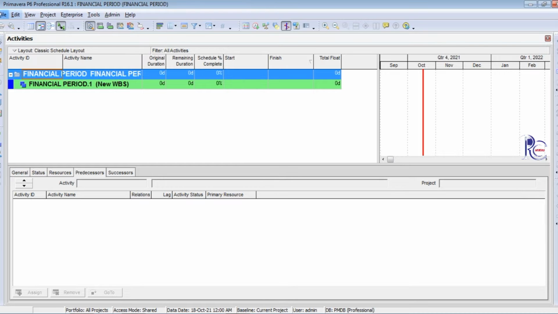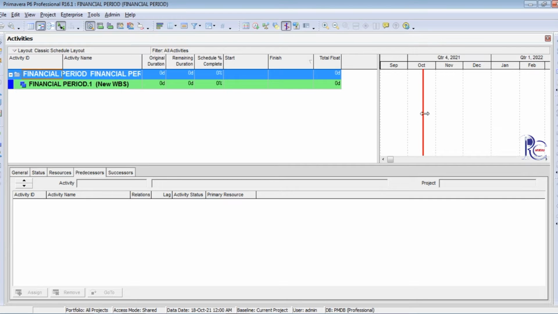First of all, I choose the user interface option. So go to edit. First of all, see the edit option, tools, enterprises, project, view, file and edit. So many toolbars are presented here. This type of tool is called the menu bar, and this is the Gantt chart.